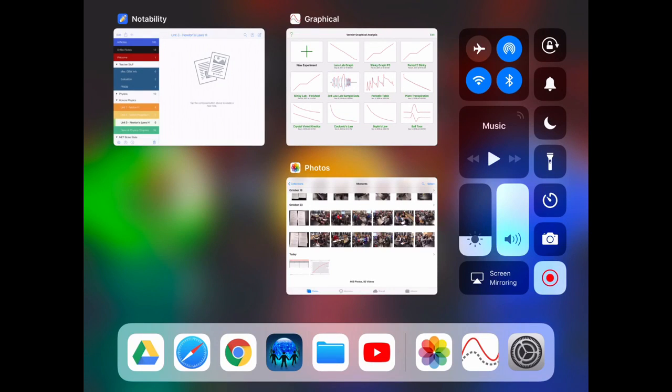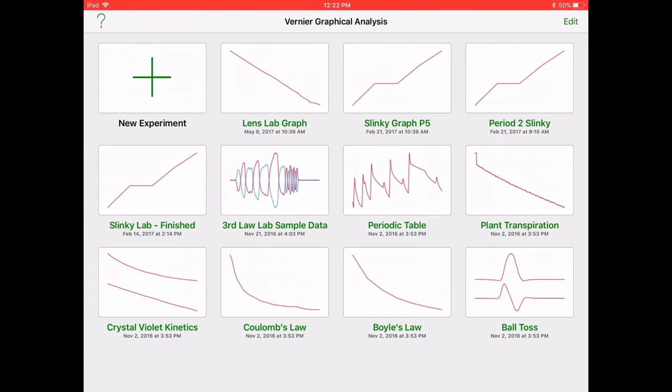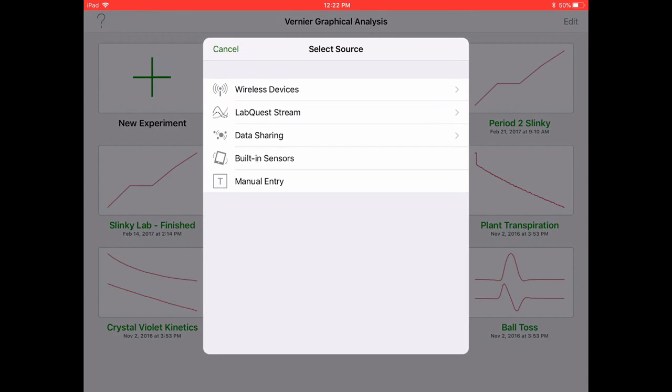Hi everybody, this is Mr. Zarzak, and in this screencast I am going to show you how to set up your graph for your Inertial Balance Lab. So open up Graphical Analysis and click on Create New Experiment, and we're going to be using the